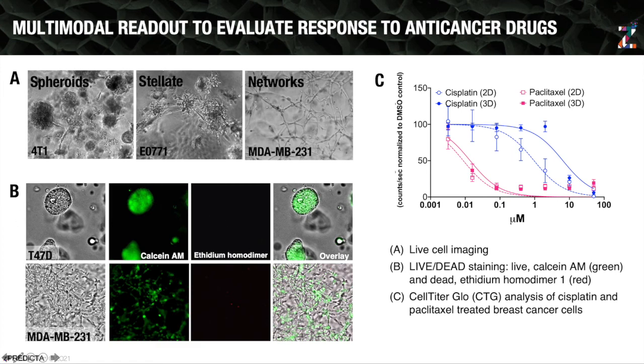Again, we can apply bright field and then look at green signal, where calcein AM is for live, and ethidium homodimer red signal for dead cells, and then the overlay. And again, we're looking at about 14 days in culture here, showing that all of these cells are nice and viable. And then after we're done with the imaging, we can run CellTiter-Glo analysis